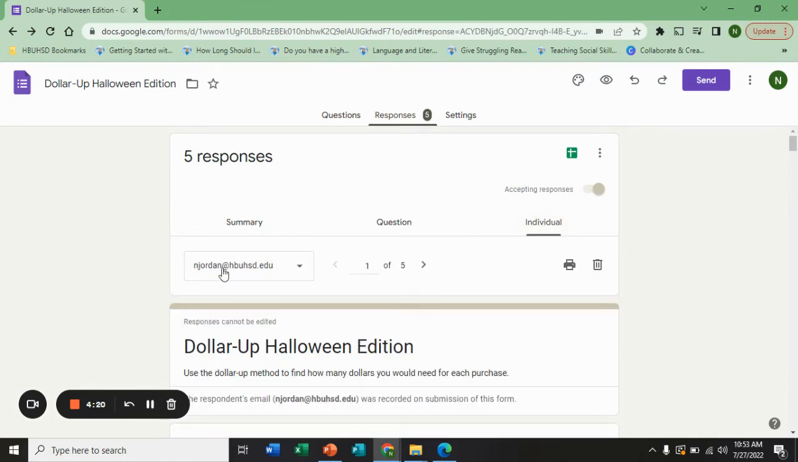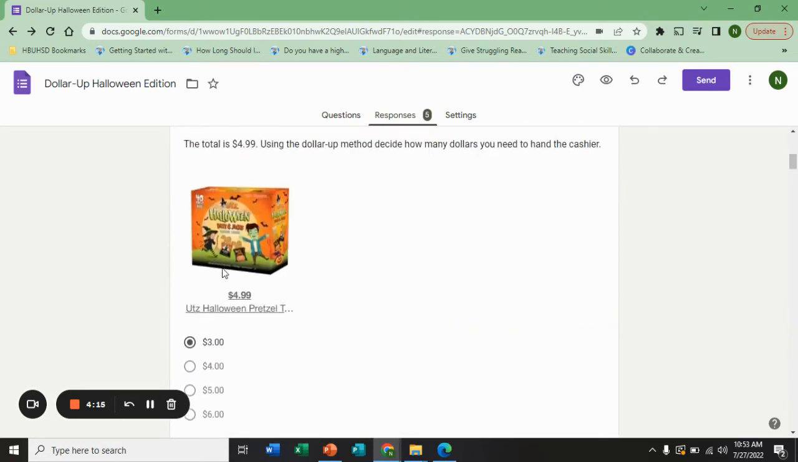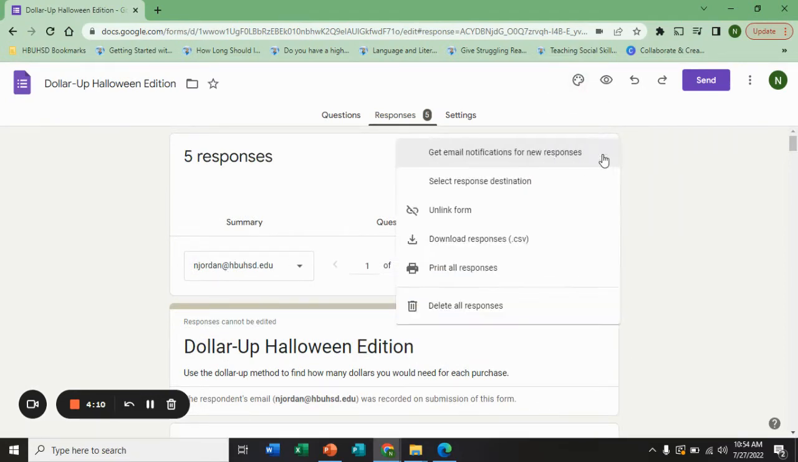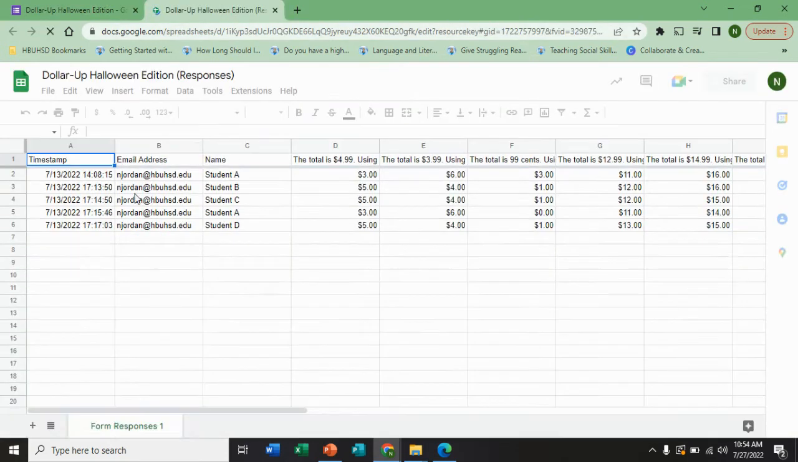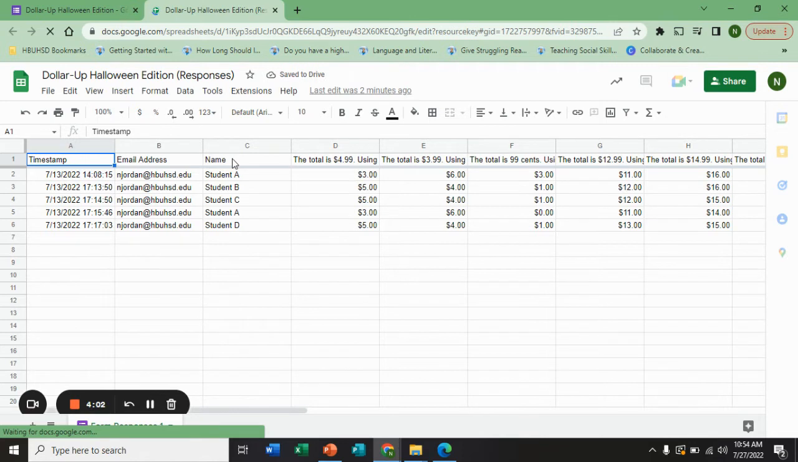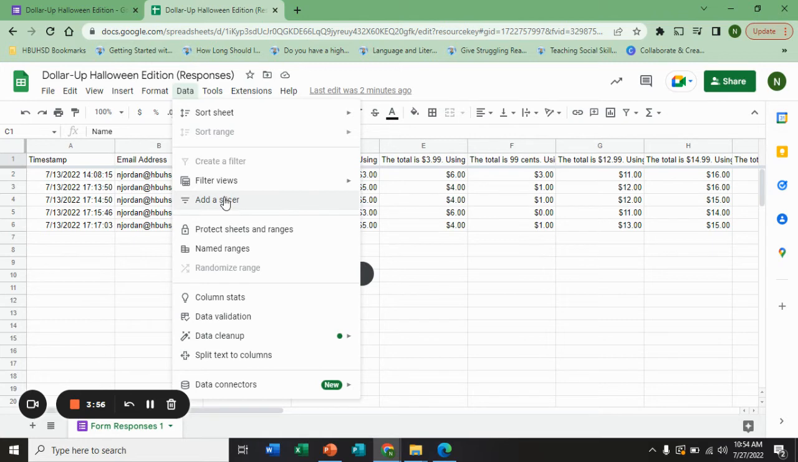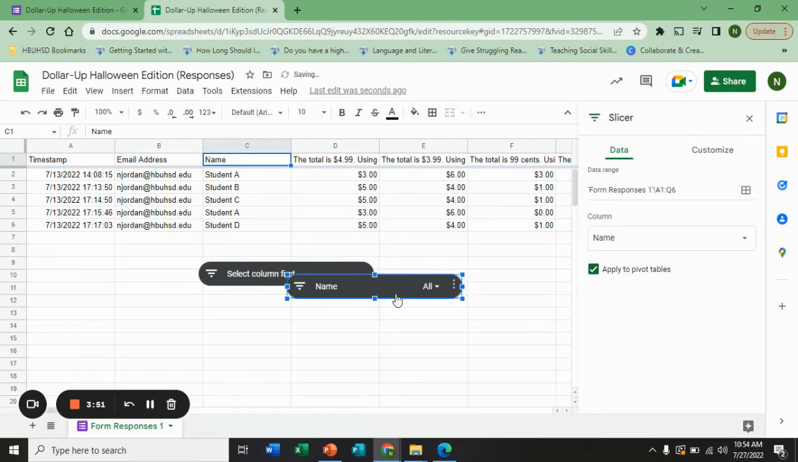my individual student responses. So student A, I know they did this twice, so I want to be able to see all of their information at once. To be able to do this, I need to go ahead and make a Google spreadsheet. And then we're going to go ahead and add a slicer to this. So we'll add our slicer. We want to go ahead and do name. And then I just want to look at student A. So I'm going to unclick the other students,